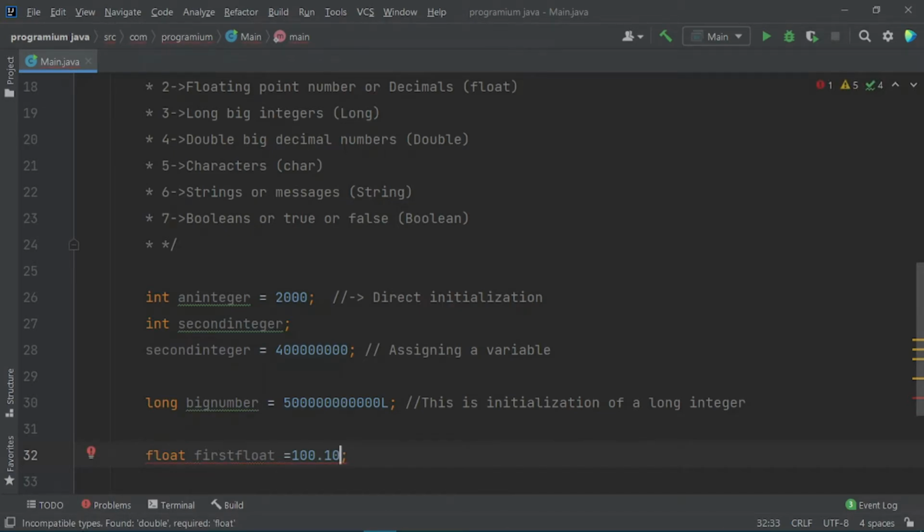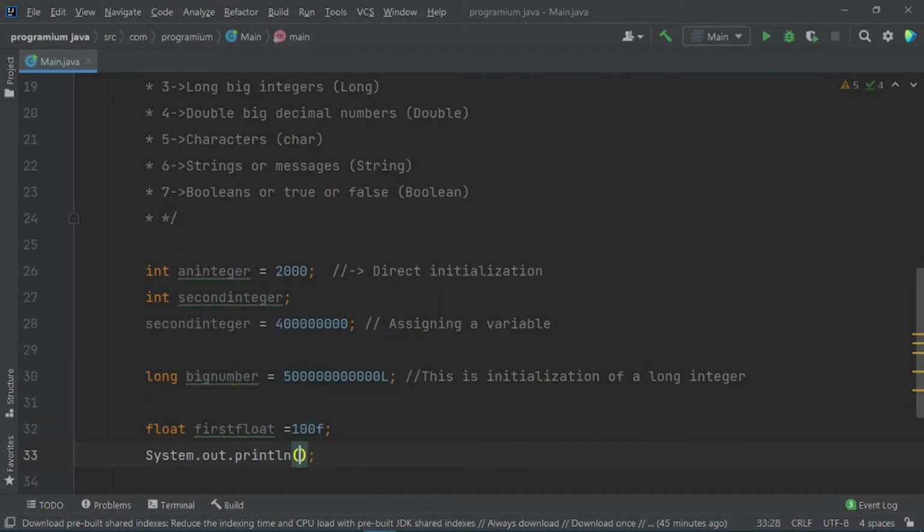So you can ask a question, what have you done here? You said that in floats you can store decimal numbers, but when you put a decimal number it is showing an error. And what is the error? Required type float and provided double. So to resolve this error we have to use a small f here, and remember the error has gone. You can also use an integer here, no problem, but when we print this number it would be written as,